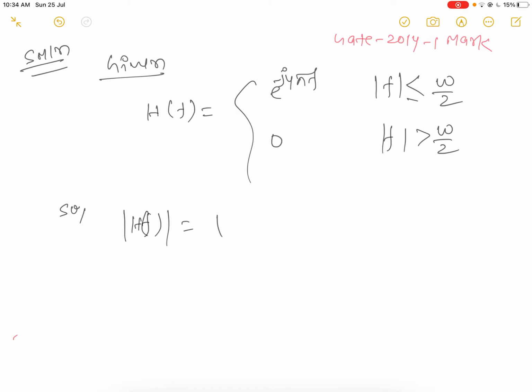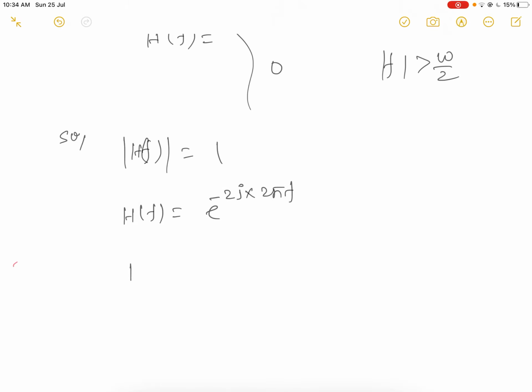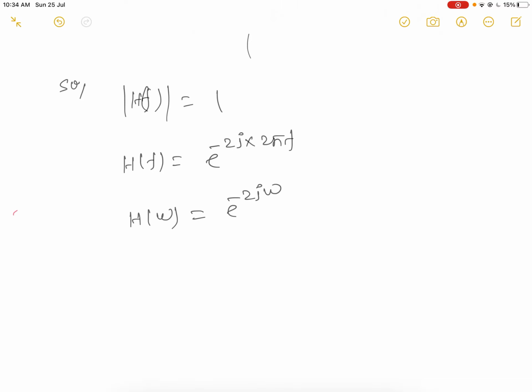Cos square theta plus sin square theta is equal to 1, and we can write Hf is equal to e to the minus 2j into 2 pi f. So H omega, when you convert to omega, will be e to the minus 2j omega. And what is the ht? Ht will be delta t minus 2,